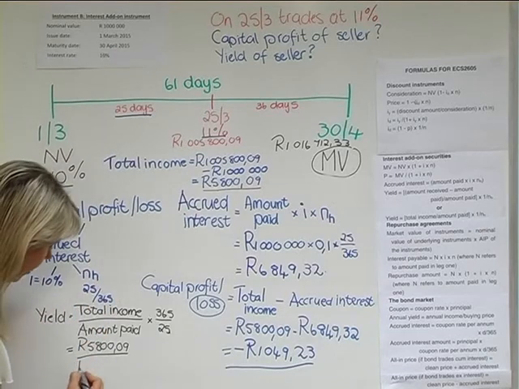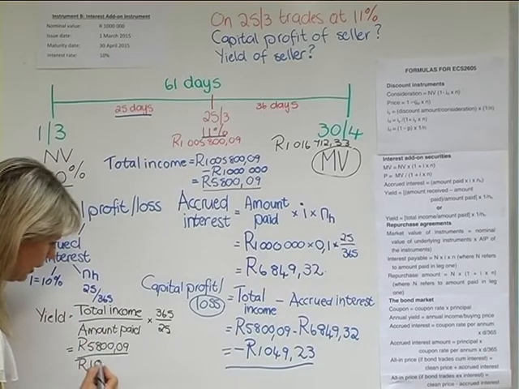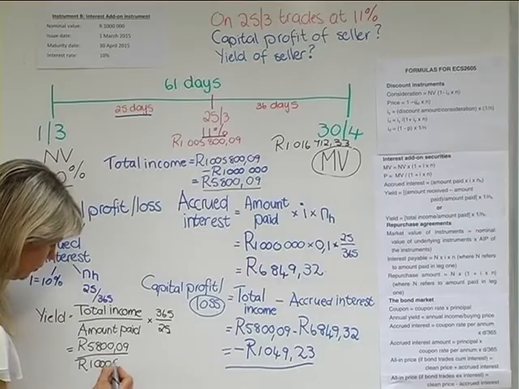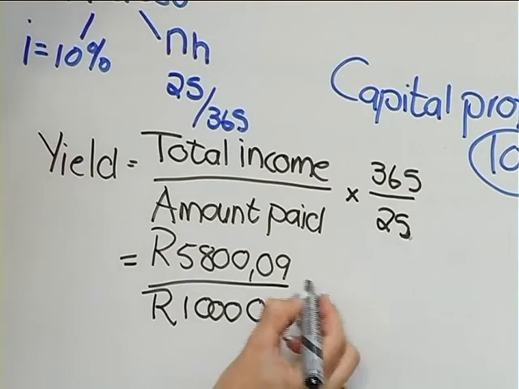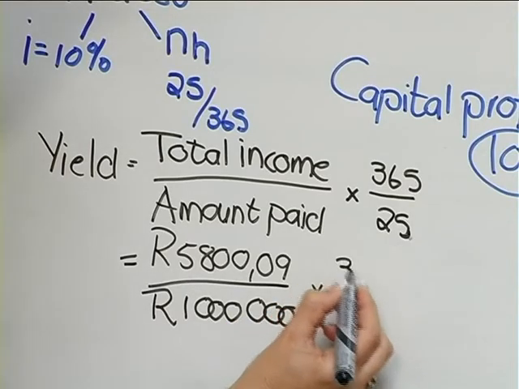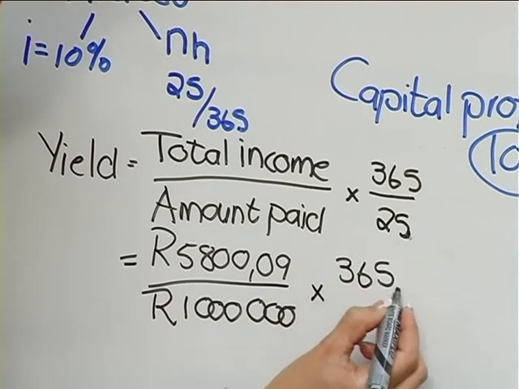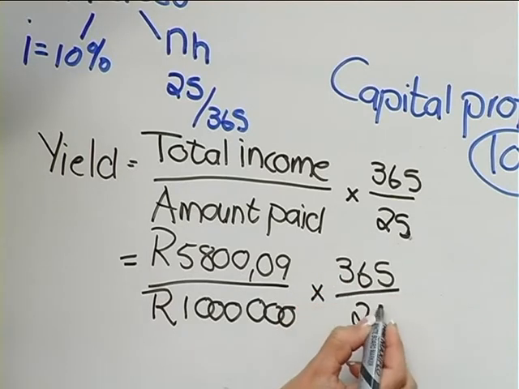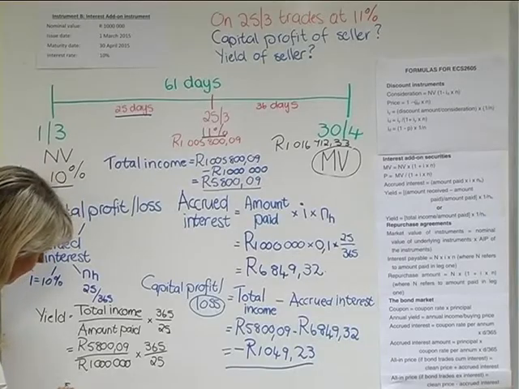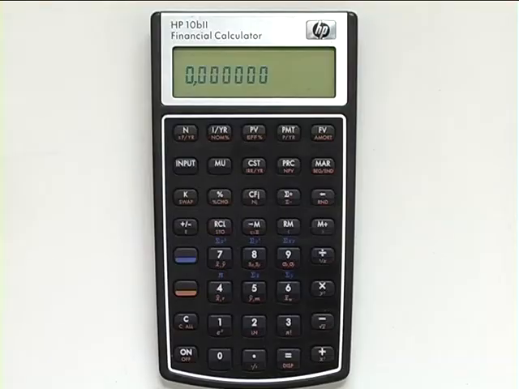So divided by 1 million, times 365 divided by 25. If we now calculate that using the calculator,